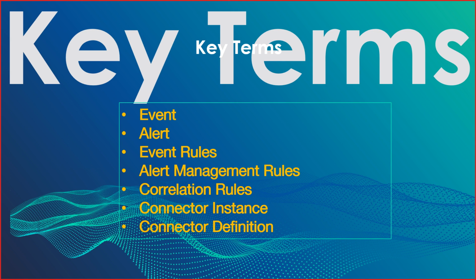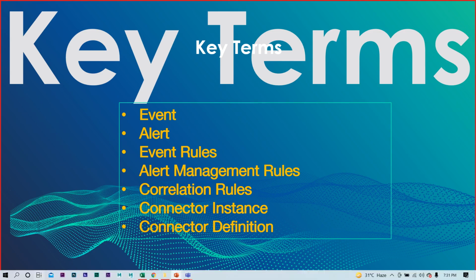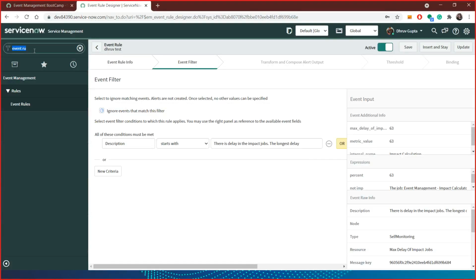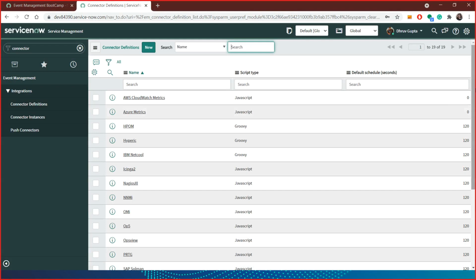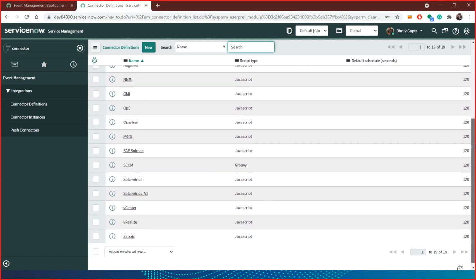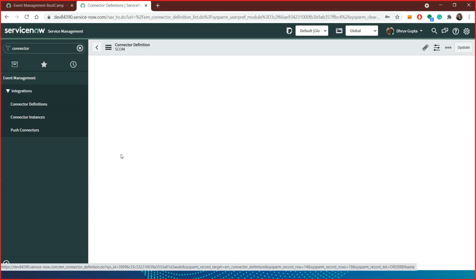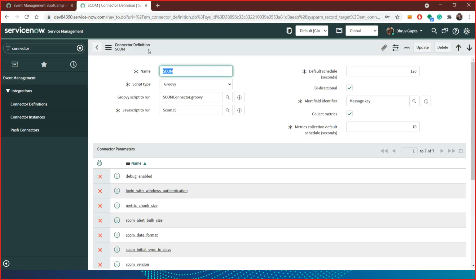And next comes the connector definition and connector instances. This is very important, because all the out-of-the-box stuff runs on this. Connector definition is the connectors that ServiceNow provides out of the box. For example, we have one for SCOM, a connector definition that ServiceNow has provided.